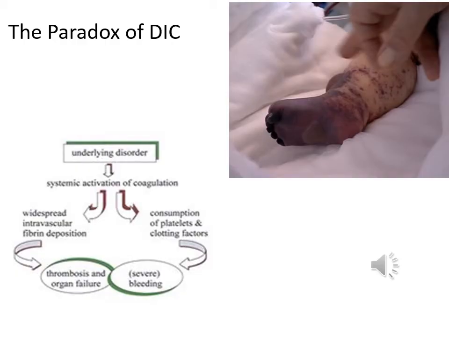We're going to move into a discussion about DIC now, disseminated intravascular coagulation. And so the reason we talk about this with shock is that there is an increased incidence for patients with shock to experience DIC, and also for patients who have hemorrhagic pregnancy complications, which is why in a minute we'll briefly discuss placental abruptions. So DIC is not a disease, it's an underlying condition of clotting, and what happens is